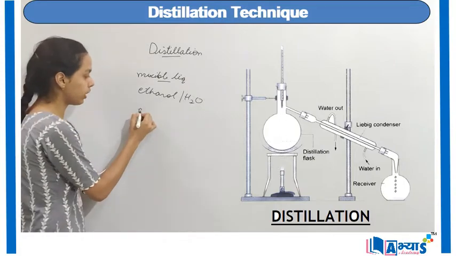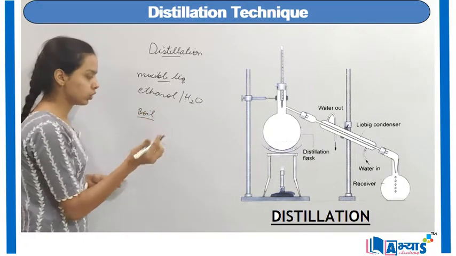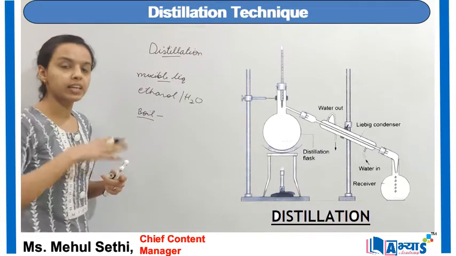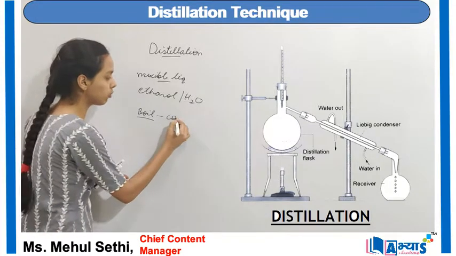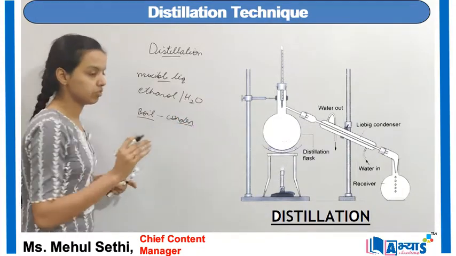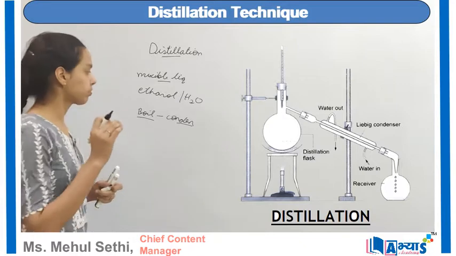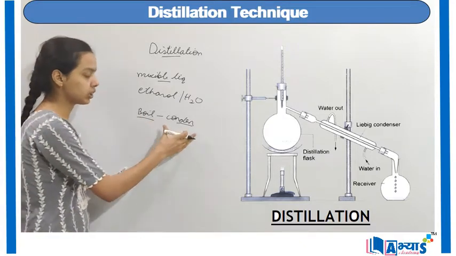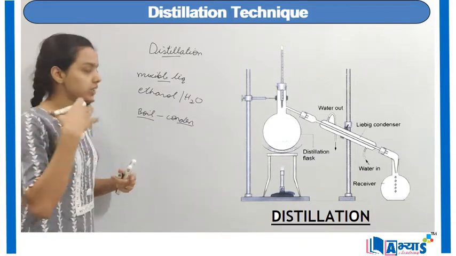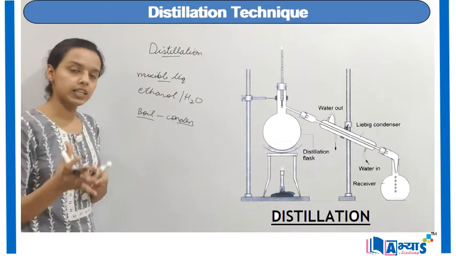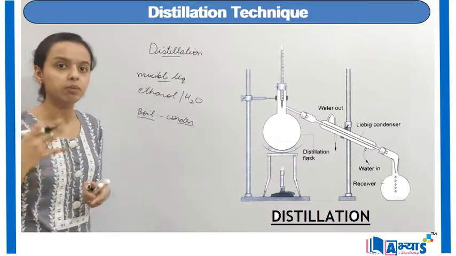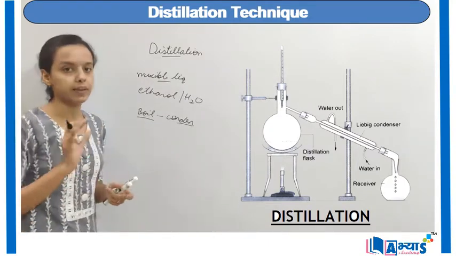Here we first boil the liquid or the solution, and then immediately after boiling, we do the process of condensation. We condense the solution. So when boiling and condensation are done one after the other, the solution becomes pure, and that is why it is known as a purification process and also a separation technique.